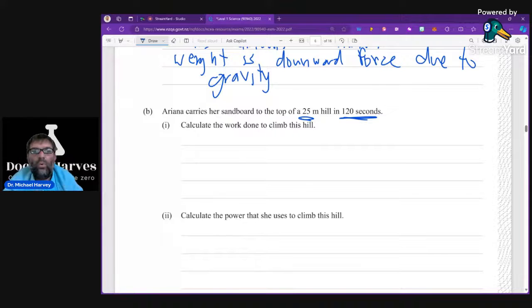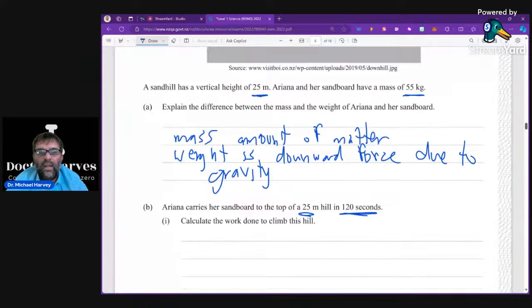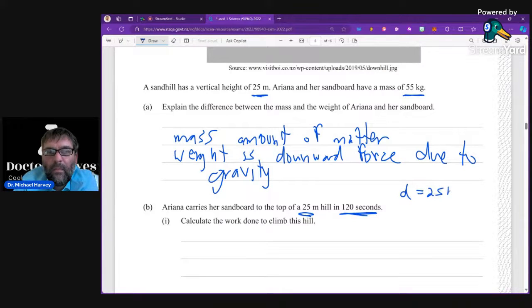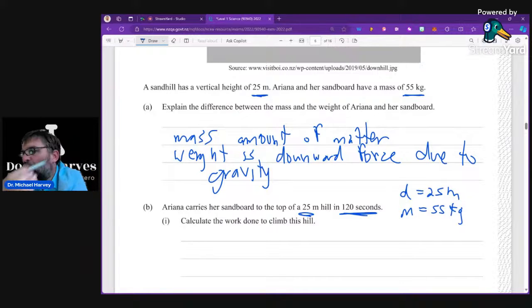Okay, so what do we have? We've got a height, a distance, so 25 meters. We've got a mass of 55 kilograms. Okay, and indirectly, we also have a force because we've got a